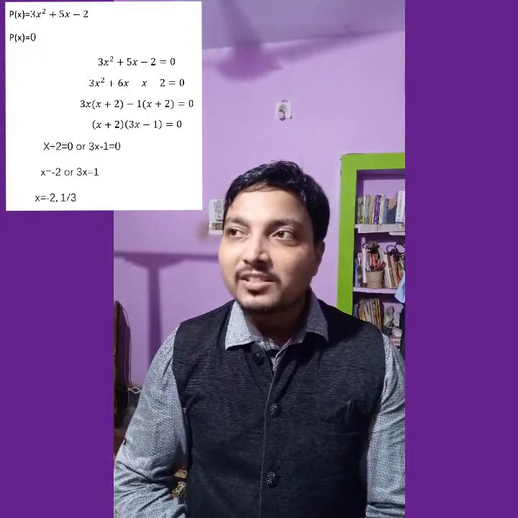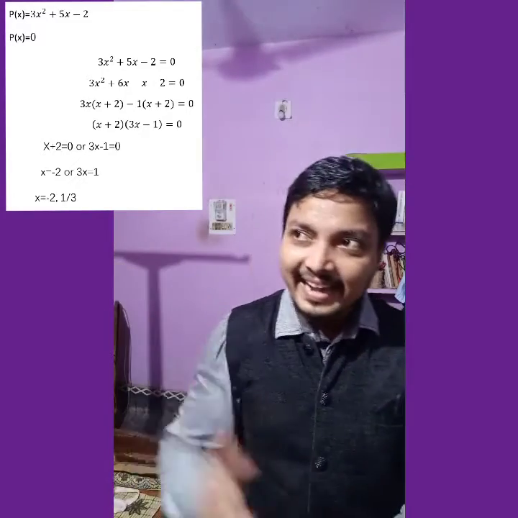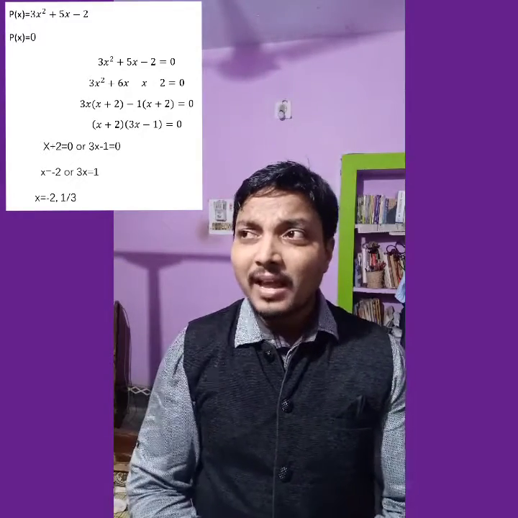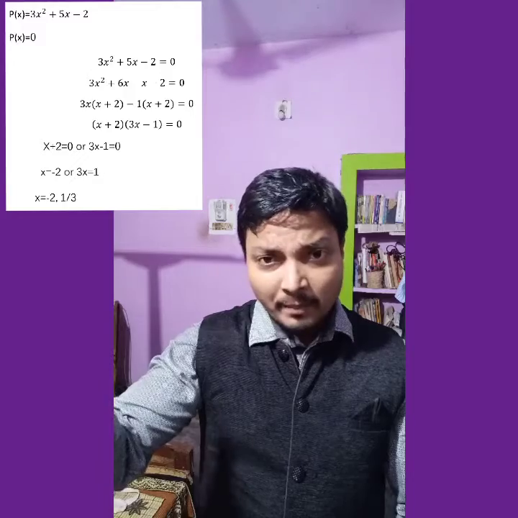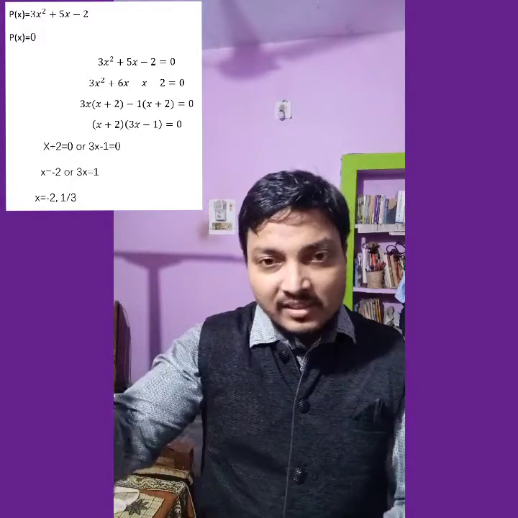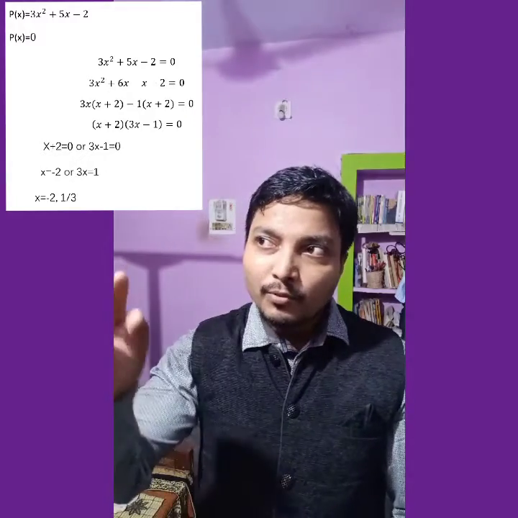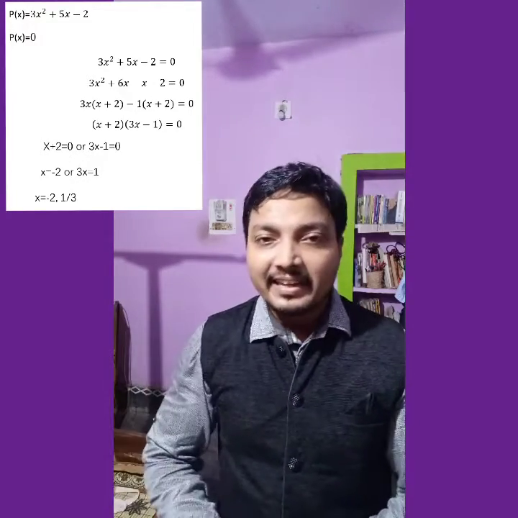So from the first two terms, 3x can be taken as the common. Now the non-common term is x plus 2. And from the third and fourth term I can take -1 as the common. Also +1 you can take, but I want to take the common factor in such a way that, just like the previous one, x plus 2 is there. In the same way I want to formulate x plus 2 as another factor, such that from both the terms in the next step we can take the same factor as the common. Okay, so in the next step x plus 2 I can take as the common.